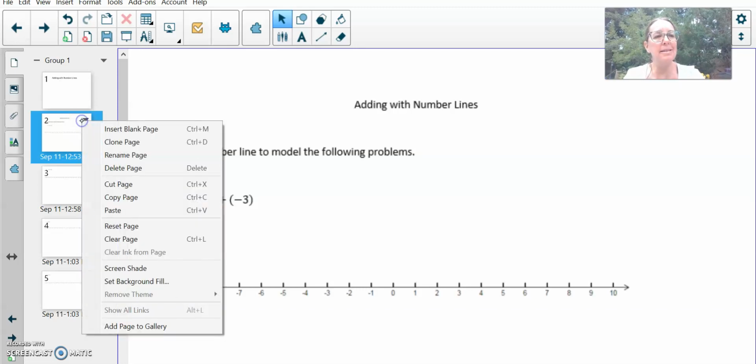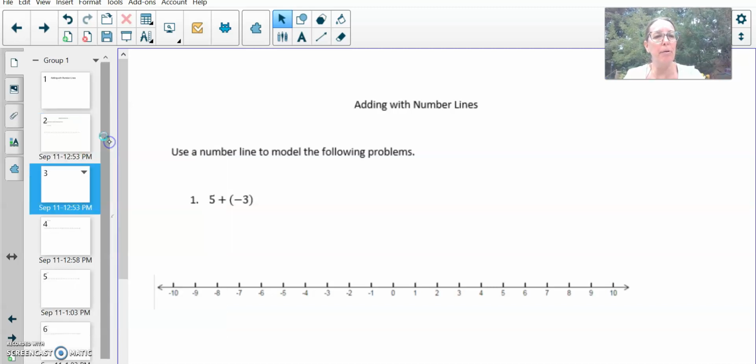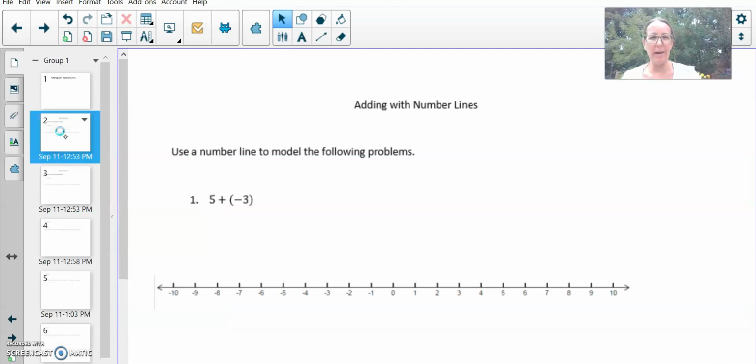So I'm going to copy this slide so I can show you both methods. And you can use whichever method you would like. 5 plus -3. One method that I've seen starts with the first number beginning at 0. To model a positive 5, I start at 0 and my arrow points 5 to the right, and I label